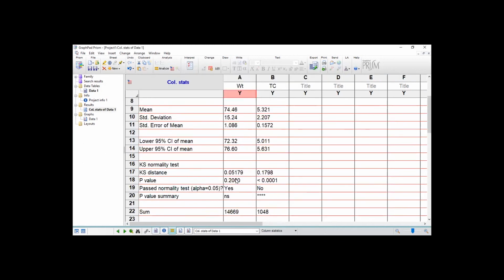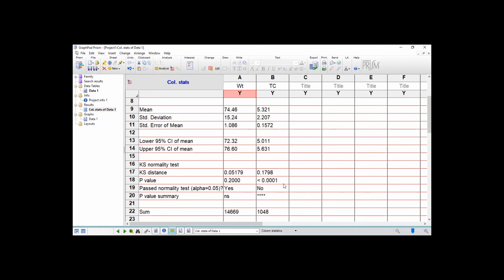Now this is our result. It says that for WT, the p-value is 0.2, which is not statistically significant. It means that this is not statistically different from the normal Gaussian distribution, so it is parametric. The TC, on the other hand, is significantly different from the normal Gaussian distribution.